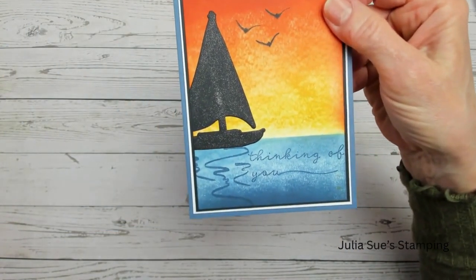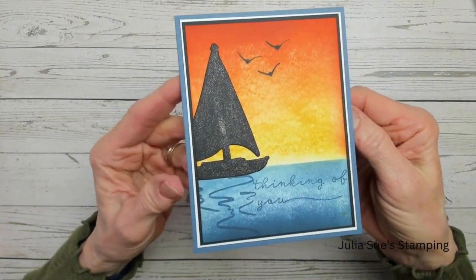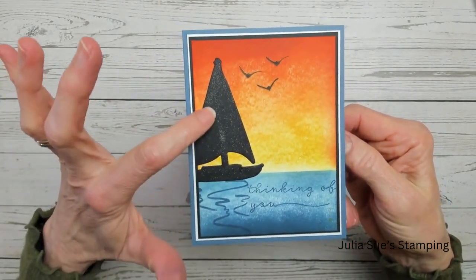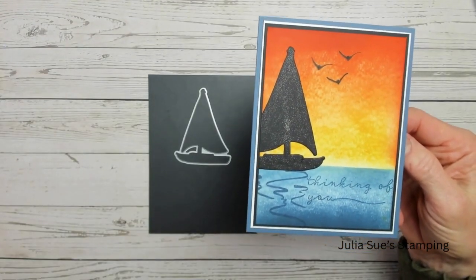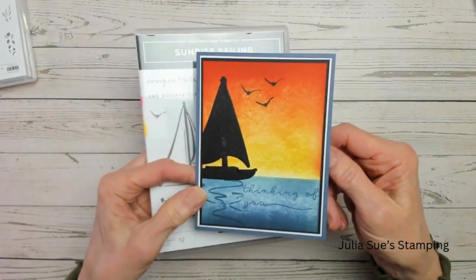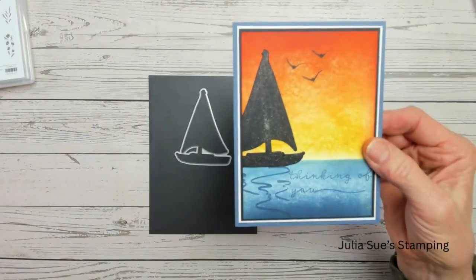Here's the card that I created using that technique. It is a beautiful, I don't know, you can make it a sunset or a sunrise, whichever one you prefer. And then I die cut out of the Sunrise Sailing. It has the coordinating stamp set of Sunrise Sailing. So I put the water down here with the stamp set, use some of the birds to stamp them on there, but the